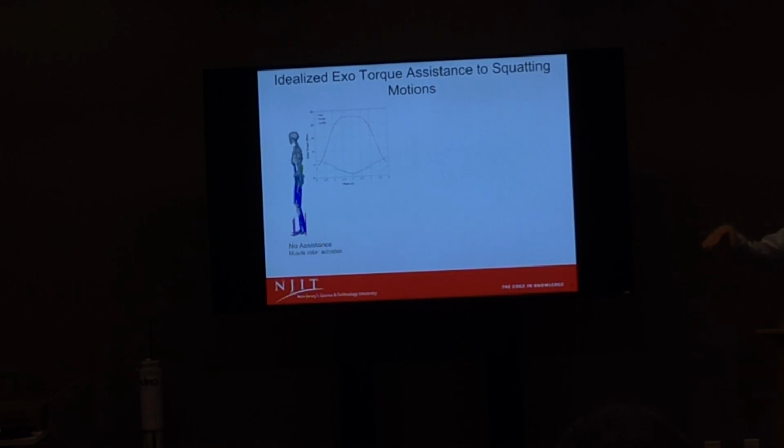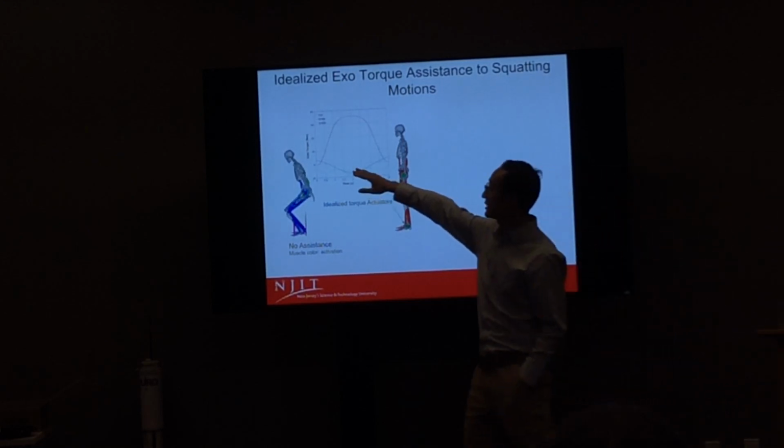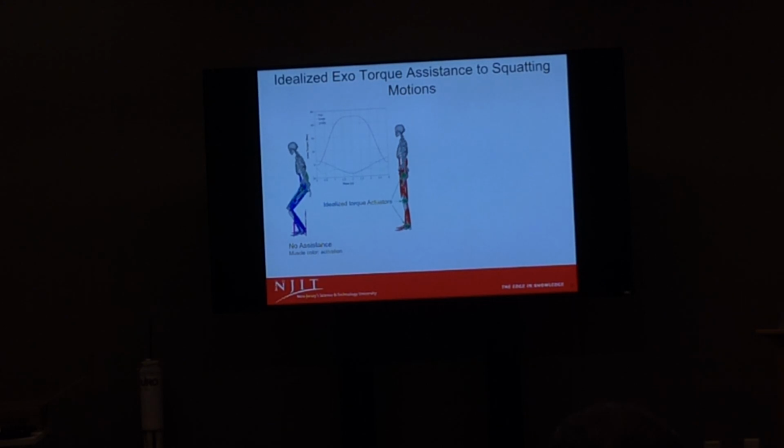Basically, we don't have any experiment data, just like the previous one. And we predict the ground reaction force. We predict the muscle activation. But now, for example, if we want to design an actuation system or robotic exoskeleton and put in some actuation, the easiest way, I think a lot of people do it this way, is you just put in idealized joint torques. Maybe you can have a certain profile of joint torques, or maybe simply say 20% or 30% of this torque comes from the actuation instead of the muscle. So what will that affect in your